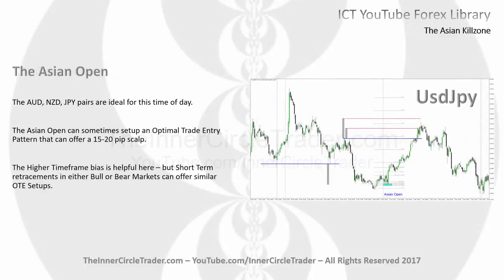Okay, first we're going to get into the Asian Open. Now, this time of day, you're going to find that the Australian dollar, the New Zealand dollar, and Japanese yen pairs are ideal for this time of day. They're active, their markets are open at that time, and it goes without saying that if their markets are trading actively as it relates to their specific currency and country of origin,